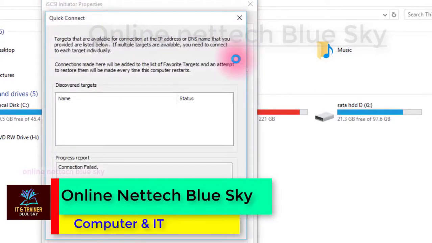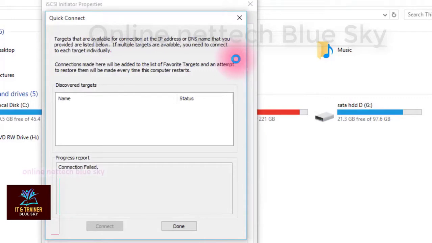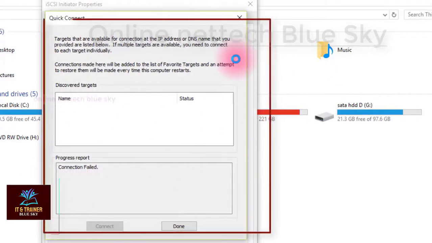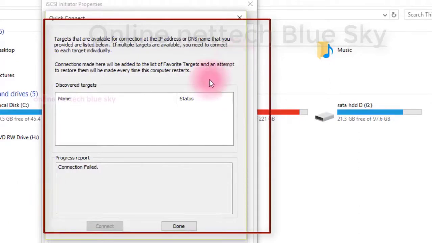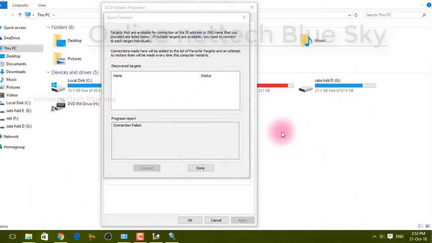First you need the IP address or DNS name. I have no server system here, so this fails. You can see I have internet, but I have no server computer.